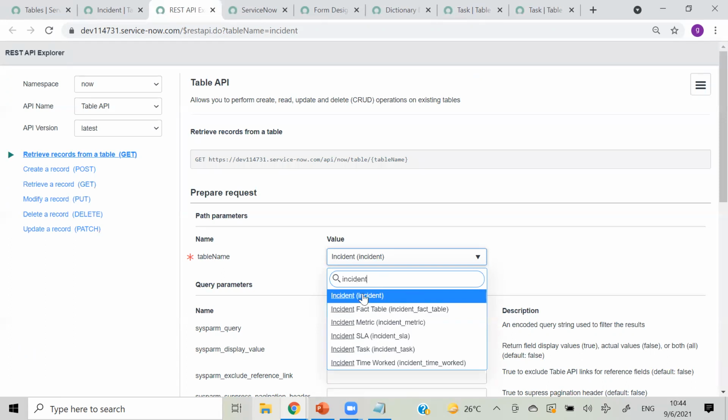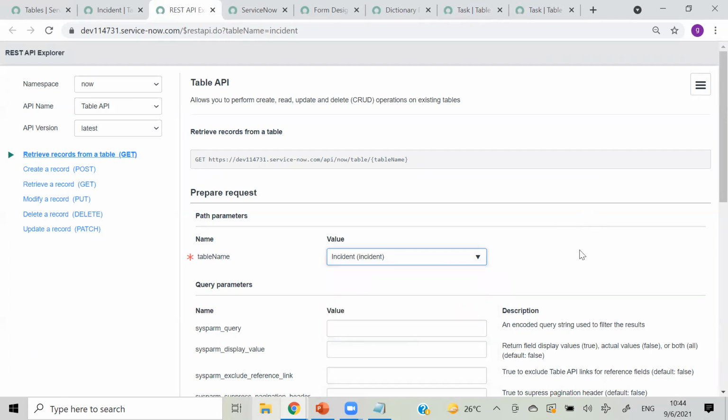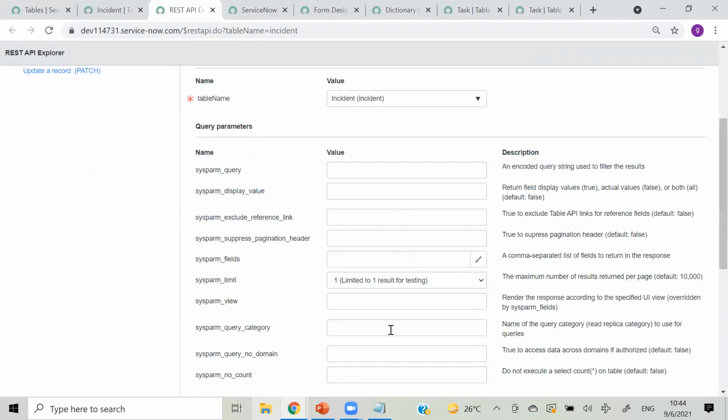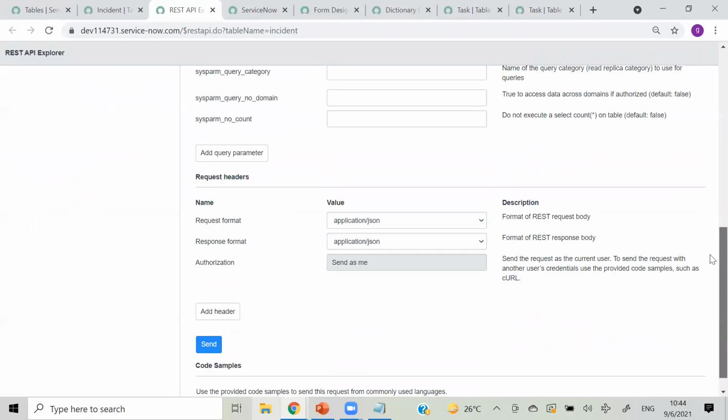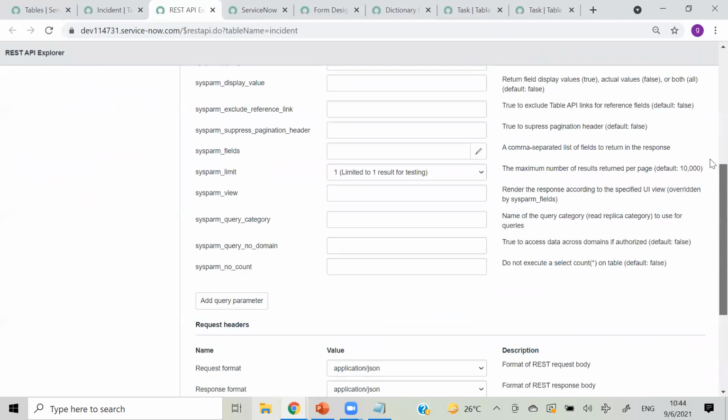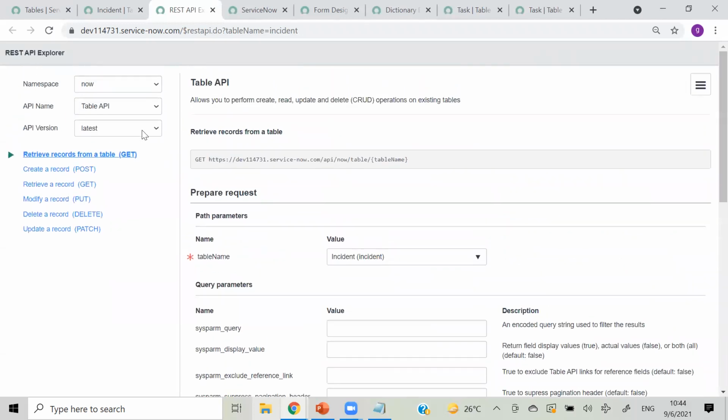I'm choosing the incident table, and all these are related to configuration. We will not see that now. People who have worked on .NET will know these GET, POST, PUT, DELETE methods, right? But I'm not going into detail because in our class we will not see what REST APIs are and how we should